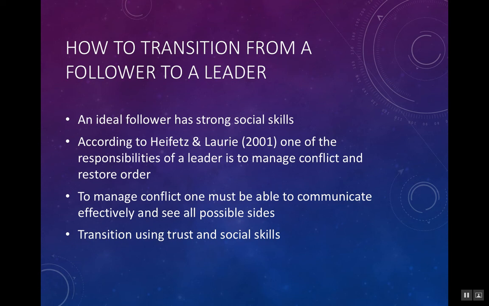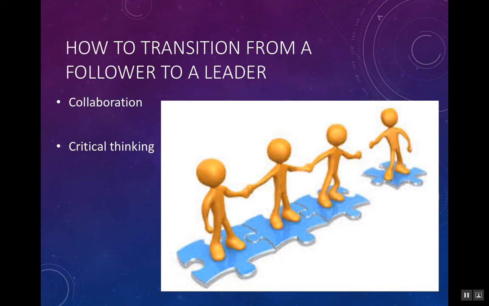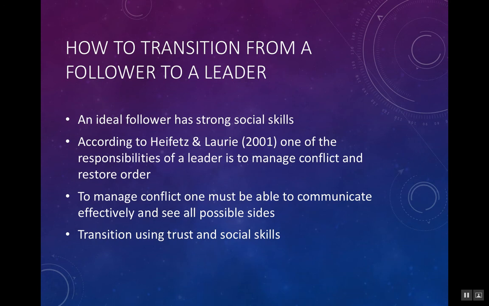In order to attain both of these goals, an individual must have strong social skills to ensure that fellow workers will entrust them with their thoughts and opinions. The transition from follower to leader is not one which happens overnight, but rather an ongoing metamorphosis requiring the follower to establish trust with his or her team, utilizing their social skills, and then using that obtained confidence to allow coworkers to entrust them with their struggles.